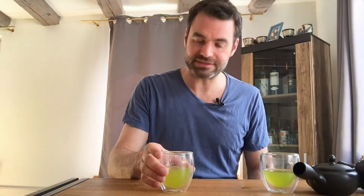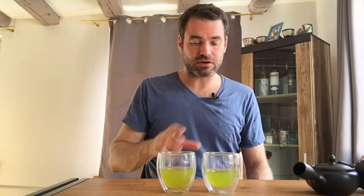okay, that's now interesting. So when we take the 2021 harvest, we definitely get a more citrusy note and fresher notes mixing into the taste profile of the tea. When we are talking about the 2020, it stays very mellow. So this kind of breaking down of the polyphenols really seems to manifest itself, especially in the second brewing, where in 2021 we really get these fresh citrusy notes, a little bit more of an astringency mixing in. It's not strong, it just freshens the tea a little bit up, makes it a little bit more refreshing. Meanwhile, the second brewing of the 2020